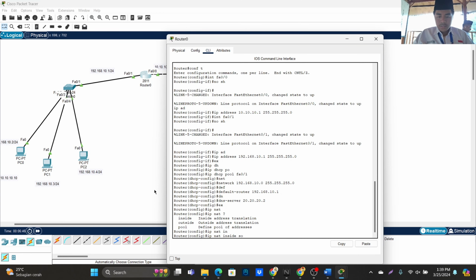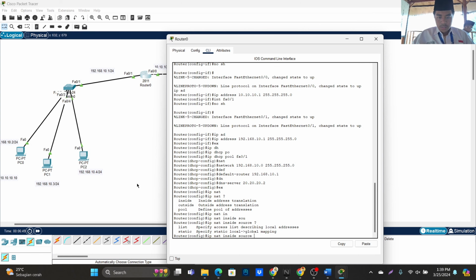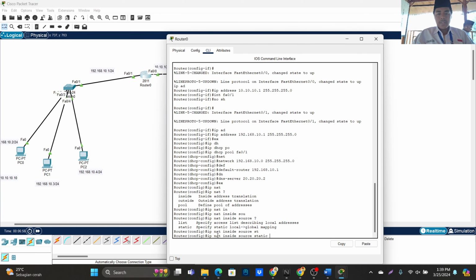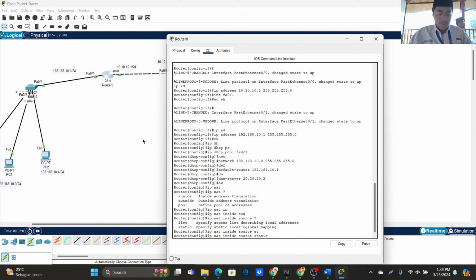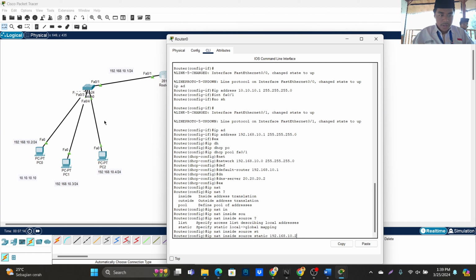IP NAT inside source static, then put the IP address of PC0, 192.168.10.2, and after that put 10.10.10.10. This is the public IP.